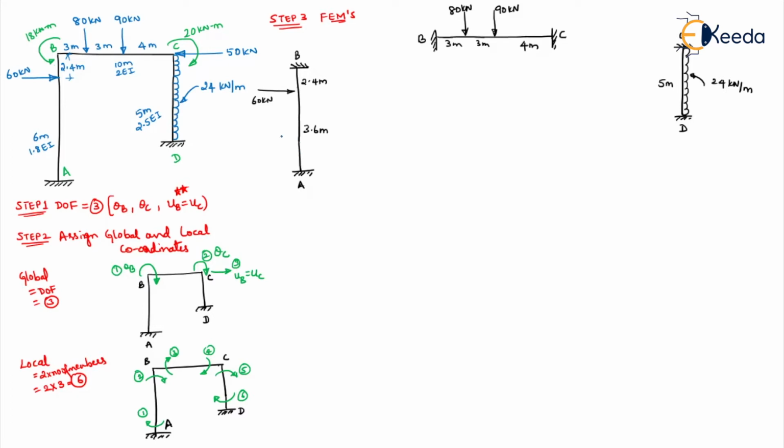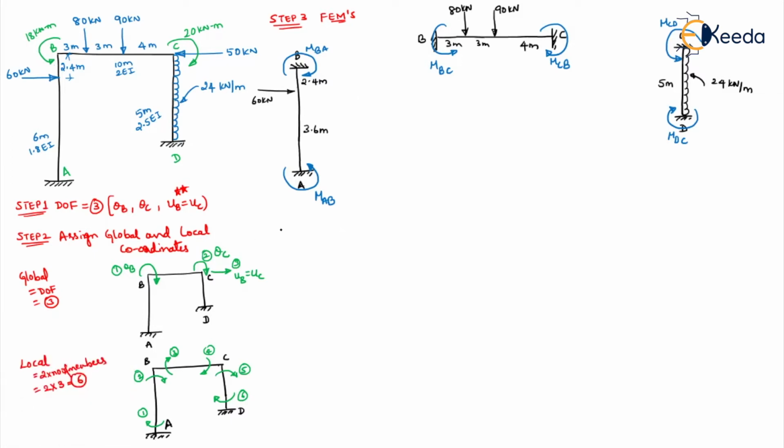So let's put the directions for your fixed end moments. Here the load will push this rightward, so I have to lift the beam, so it will be like this, and this will be like this. This is MBA, this is MAB. Coming to this, it will sag the beam, so I have to hog the beam to keep it in its original position. Here it is MCB. Coming to this, it will move leftward, so I have to push it up. Here also we have to push it up. This is MCD and this is MDC.